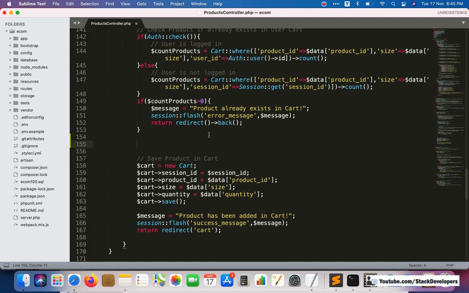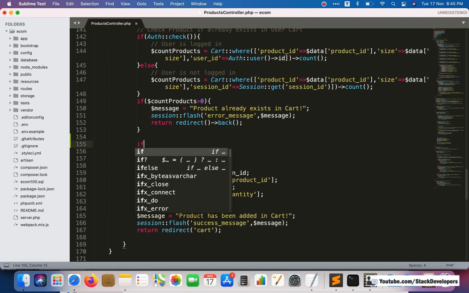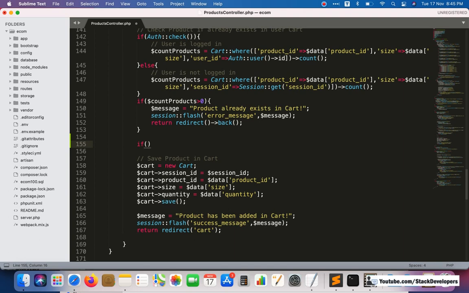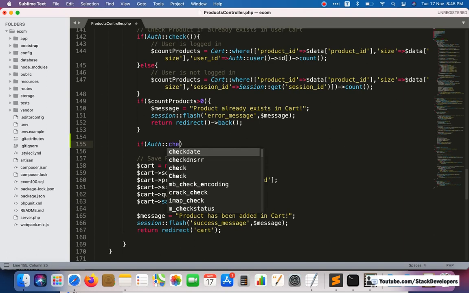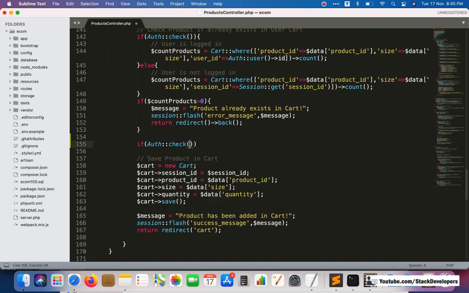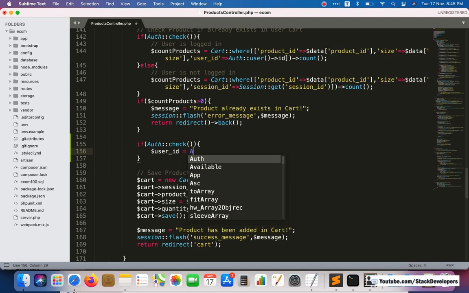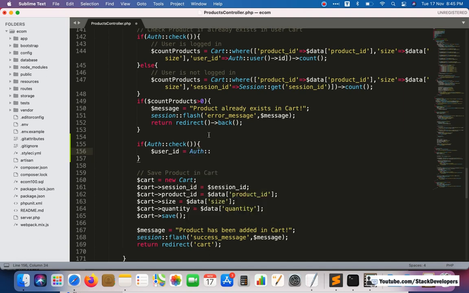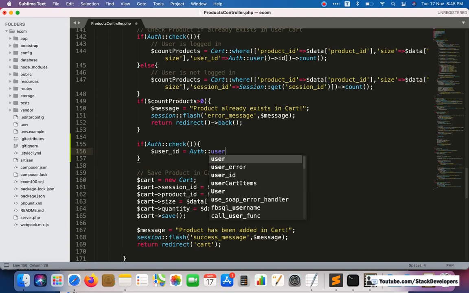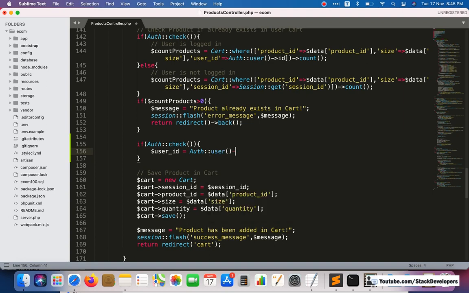So if the user is logged in, like if auth check, only then I am going to take the user id from the auth, like I told you. Auth user id, like this.